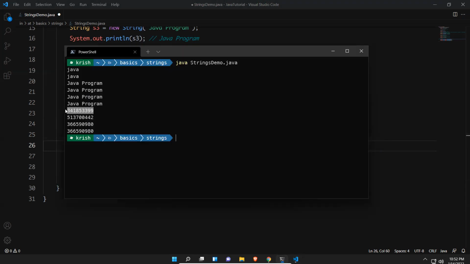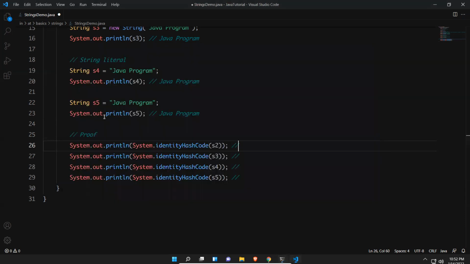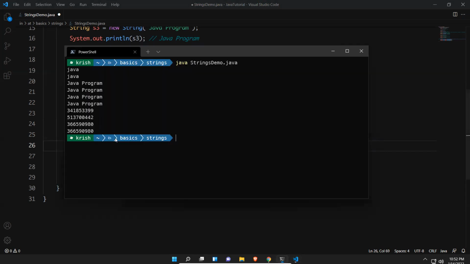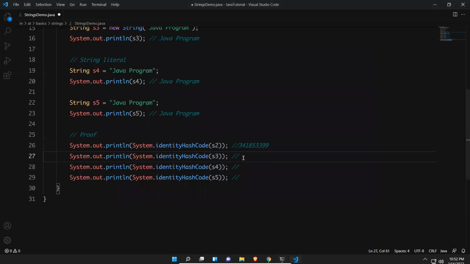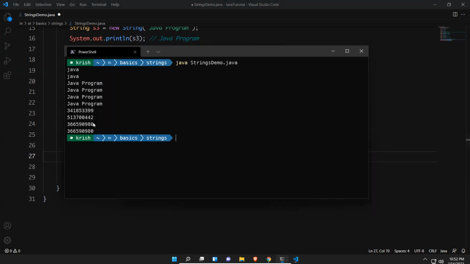This is for S2, this is for S3, and this is for S4 and S5, both having the same value.